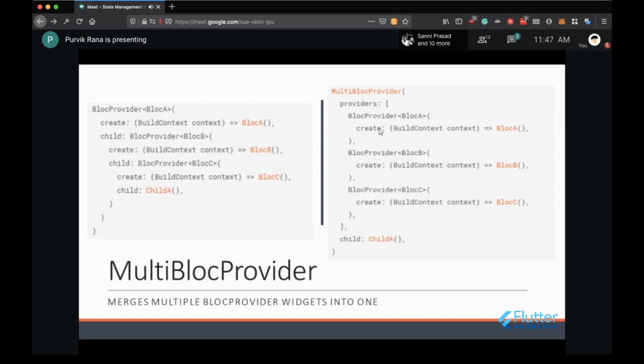So that way you can easily pass on the different blocks to the children. Instead of using the nested structure, you can use this multi-block provider structure, which merges multiple block provider widgets into one. So this is the multi-block provider. There is no big thing here, just a simple syntax difference for using the multi-block provider.